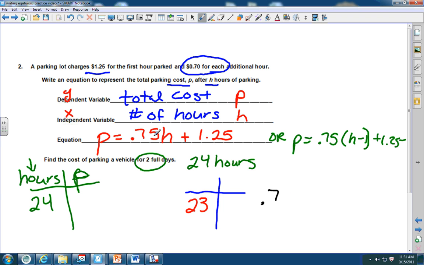I put 75. Sorry, this should be 70. There we go. Let's get that fixed. I put a 5 in there for some reason. 70. 0.70